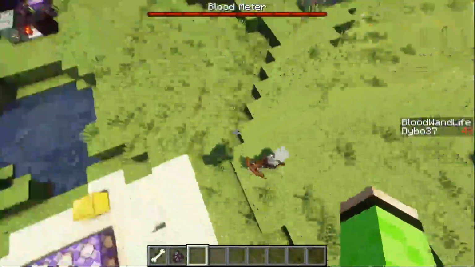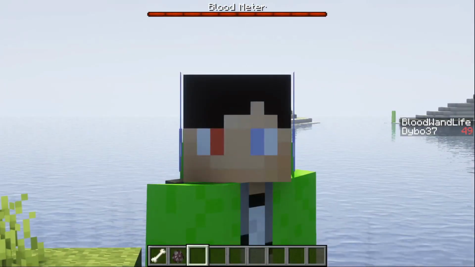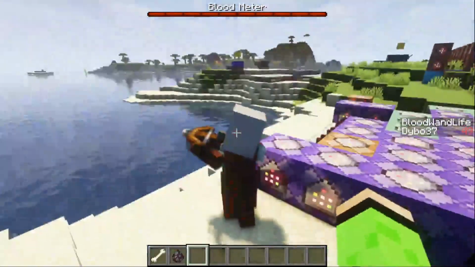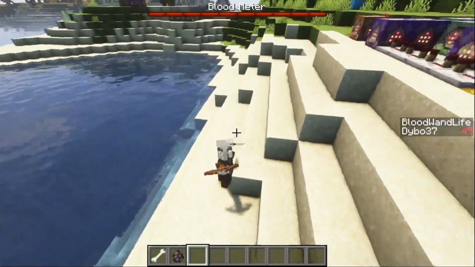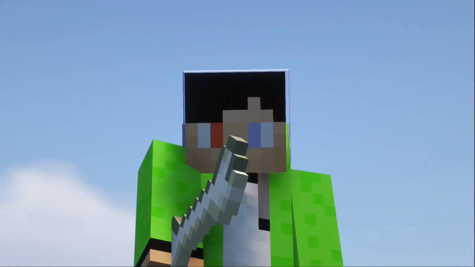I've seen some people in the comments wanting me to do that. I just want you to know, I want to do it. It's just that it's so difficult to do, because then I have to summon in armor stands to make the path, and all of that stuff, which is quite a lot of work for such a small detail. So this will be everything for this video, and I really hope that you liked it,